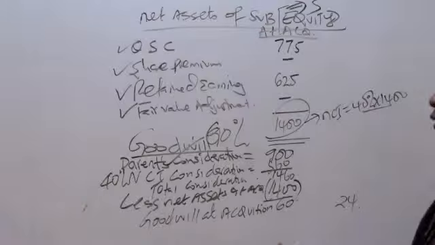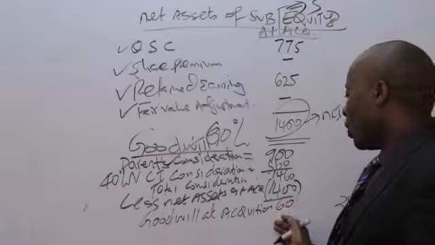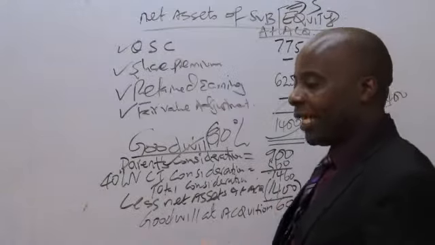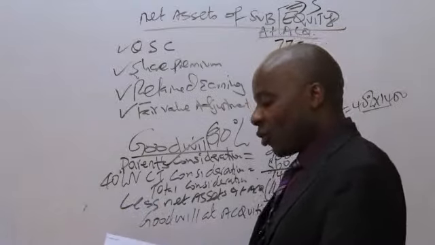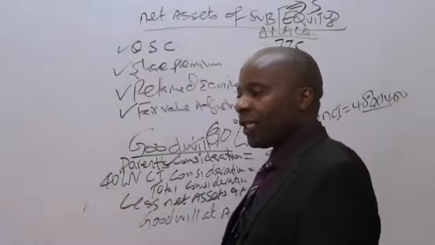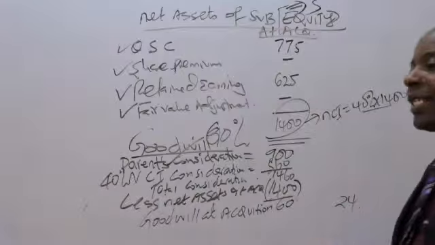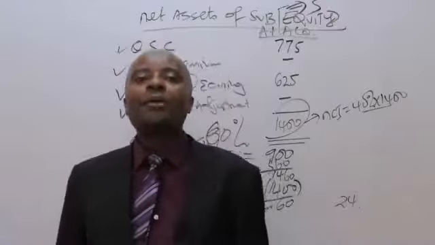And then, of course, there is no impairment. So goodwill at reporting is 60. They have told us in this particular note, before note 2, no impairment loss on goodwill arose during the year ended March 2017. Great. So that is the first thing you should do whenever you are told that there is a disposal